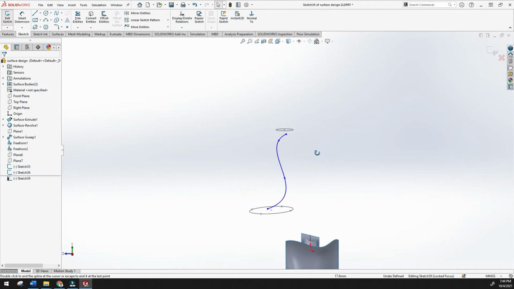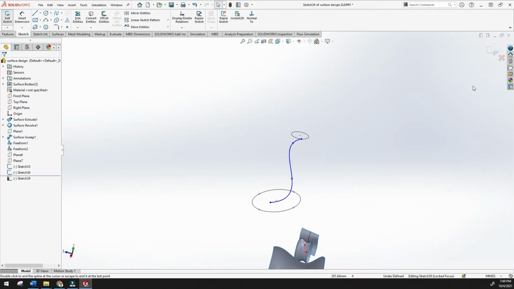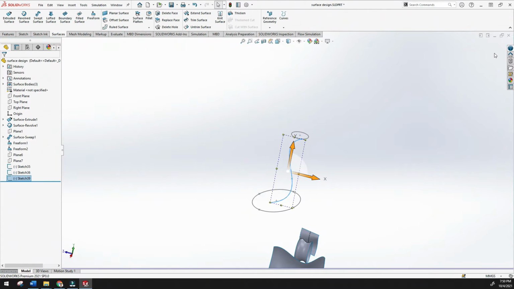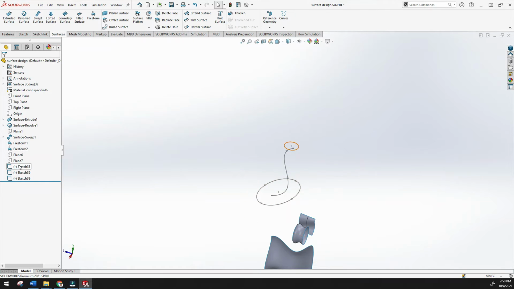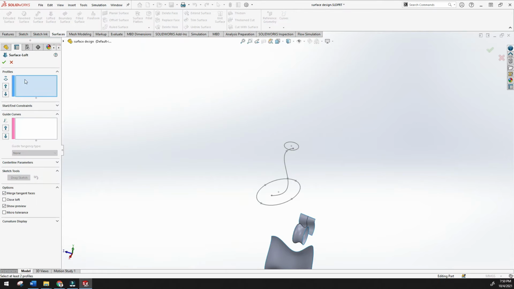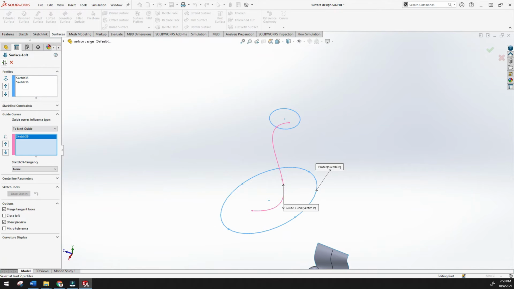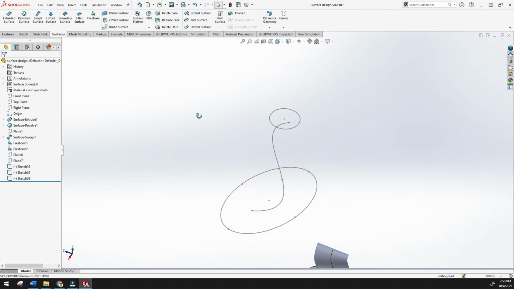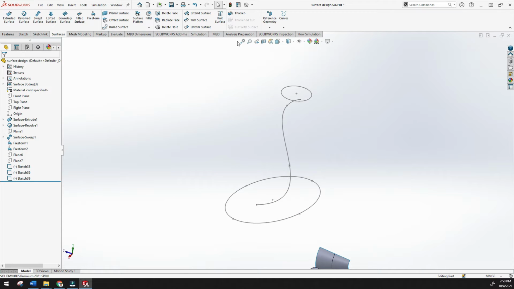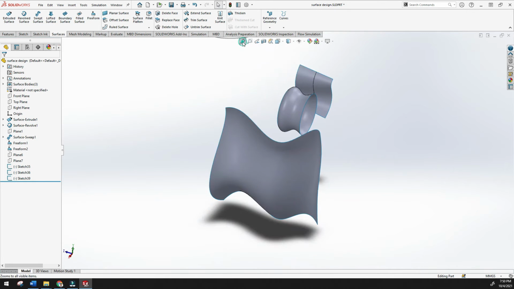Now here is my guide curve. Is it possible to create the loft using this guide curve? Let's check. Once I click, here is the message: guide curve number 1 is invalid, it doesn't intersect with section number 1. So make sure the guide curve is connected with these two profiles.